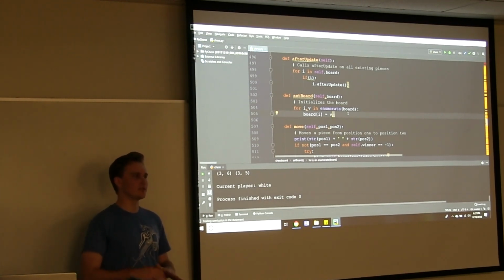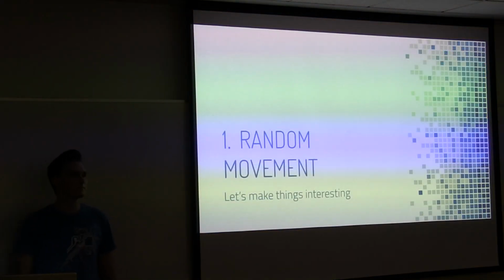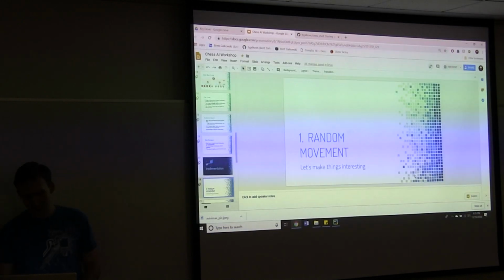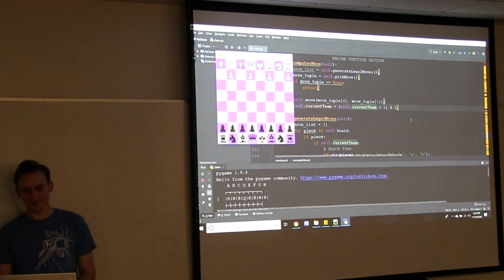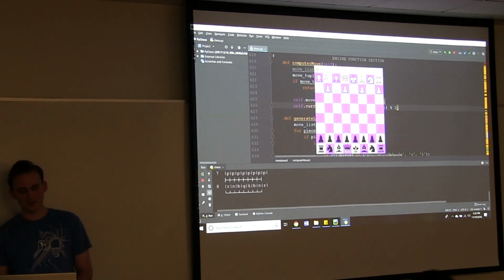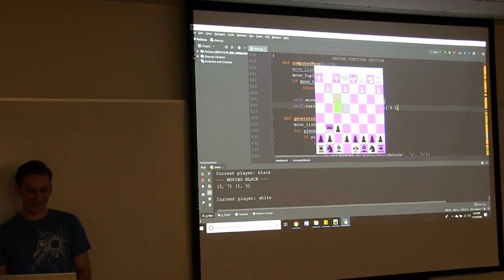I figure we might as well wait until everyone's on the same page here. So it seems like mostly everyone is ready, so we're going to go ahead and just get started. Right off the bat, if you try playing with your opponent, you'll quickly notice that all of their moves are completely random. Okay, yeah, that's very unorthodox.